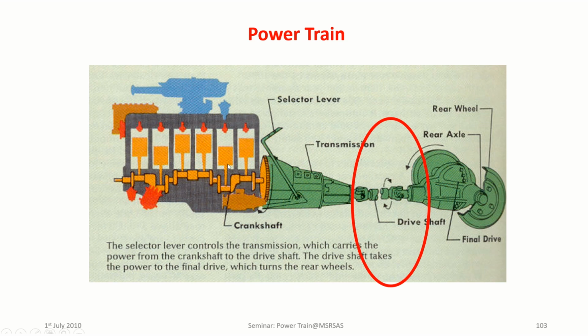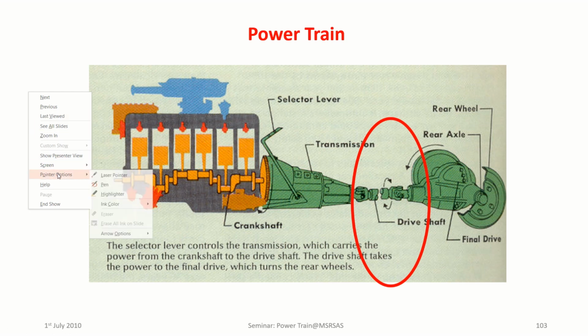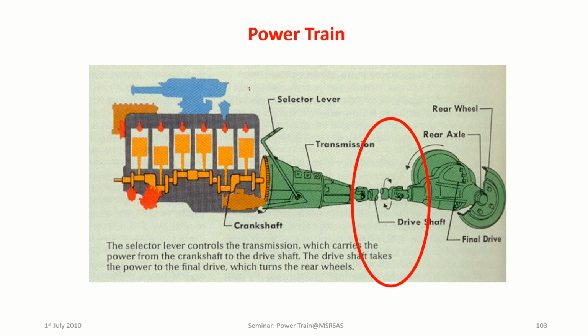So you have seen in the powertrain, so far we have covered the engine, that is the power plant, then the clutch part of it, the transmission part, all this we have studied. Now from this point onwards, how exactly the motion is transmitted to the wheels, we will discuss these issues, right?